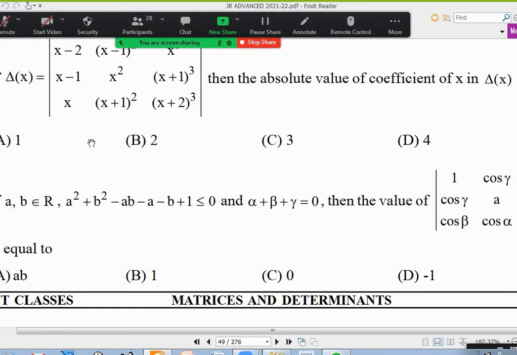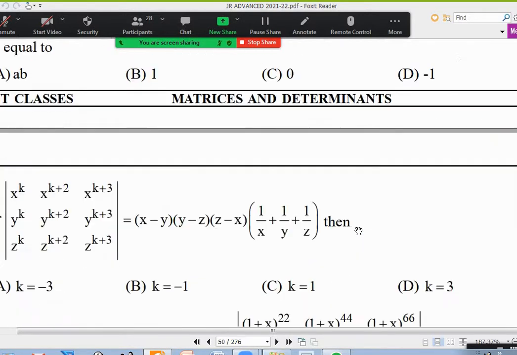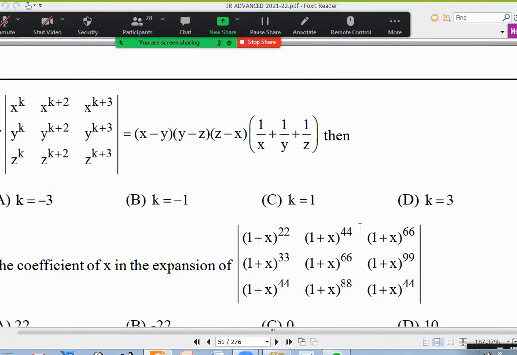Okay, so 12th and 13th you can skip, don't worry, because knowledge of some other chapters is required. Even I would have said the same thing for 15, but it's okay. All right, let us see the 14th question. Anybody want to give an explanation for the 14th question, how to do it?